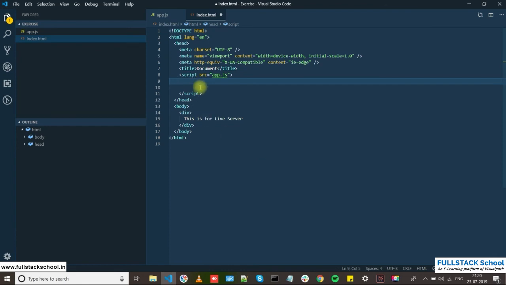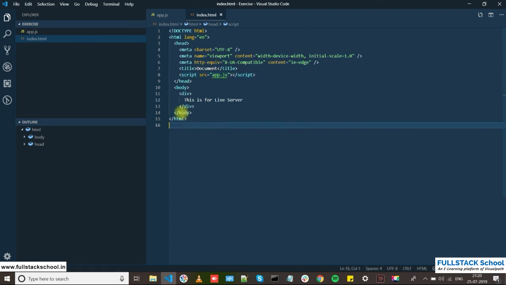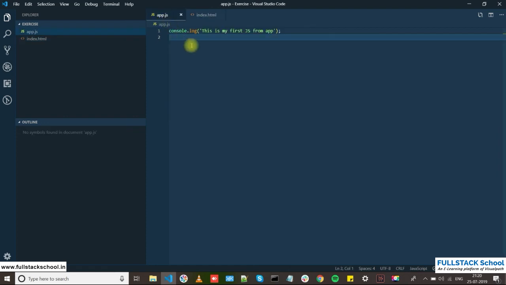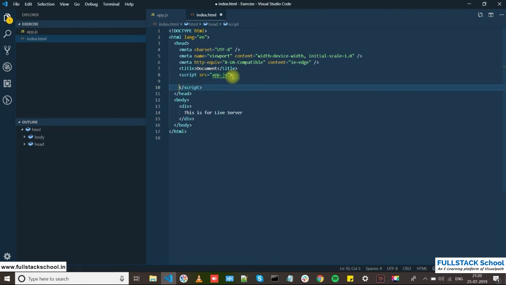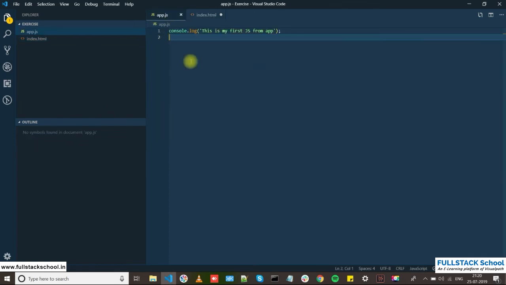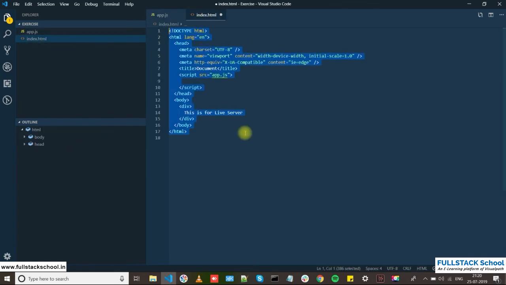If you look, there was some unwanted white space here, and the script was here. But if I save it, my script goes and my code looks very good. This is because of the Prettier plugin which I have shown you already. So what exactly is this? If you are referencing the JavaScript from outside, that is called an external JavaScript reference. And if you are writing your JavaScript inside this script tag within this HTML file, this is called an internal JS reference. Okay, so these are the two things I wanted to explain in this chapter.